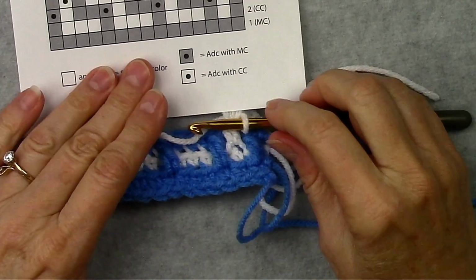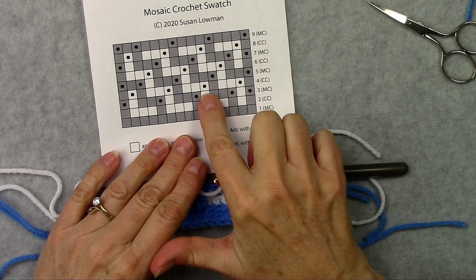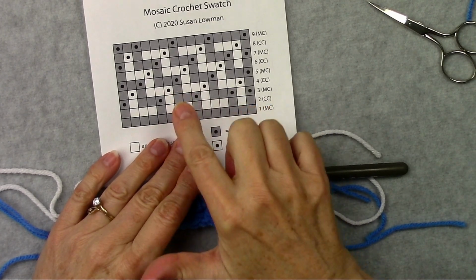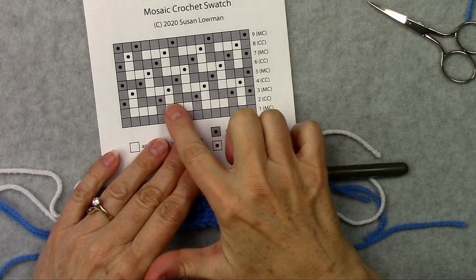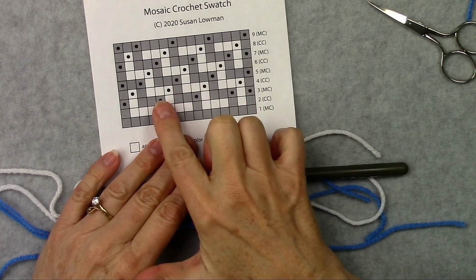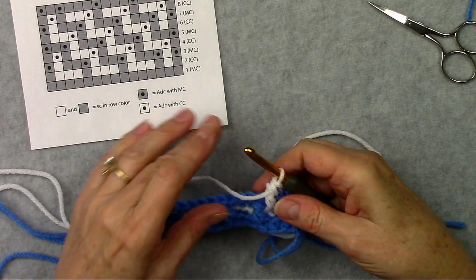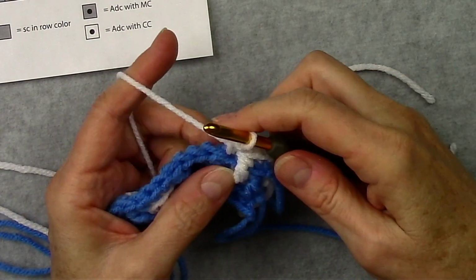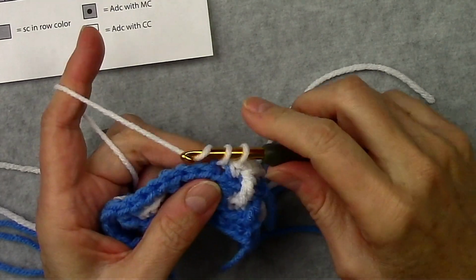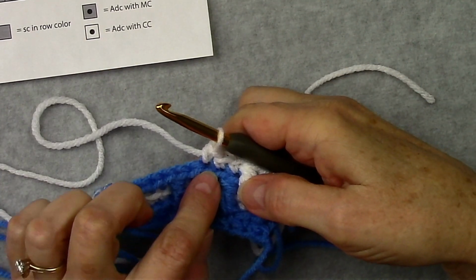Now let's look at our chart again, and what's next is going to be 3 single crochets. Then that'll be followed by an anchored double crochet and 3 single crochets, an anchored double crochet, and 3 single crochets. So we're doing similarly to what we were in row 3, but we've shifted over to the right 1 stitch on each of these. So we'll go ahead and do our 3 single crochets next. Each of those is worked in the back loop only, because we want to leave those front loops available for more anchored double